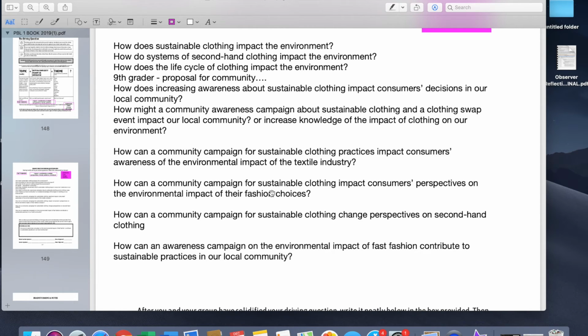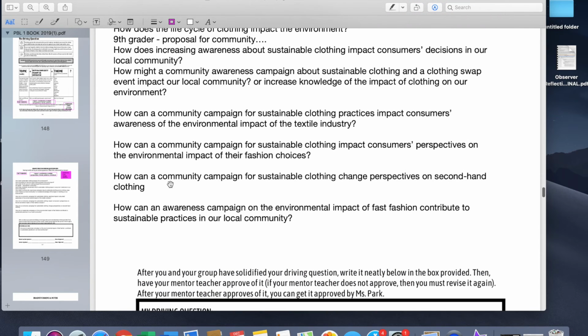I think I want them to understand the environmental impact and then make choices that are more about sustainable clothing. So then I changed it to how can a community campaign for sustainable clothing change perspectives on secondhand clothing? Not quite there yet. And then I came up with how can an awareness campaign on the environmental impact of fast fashion? Okay, there we go.